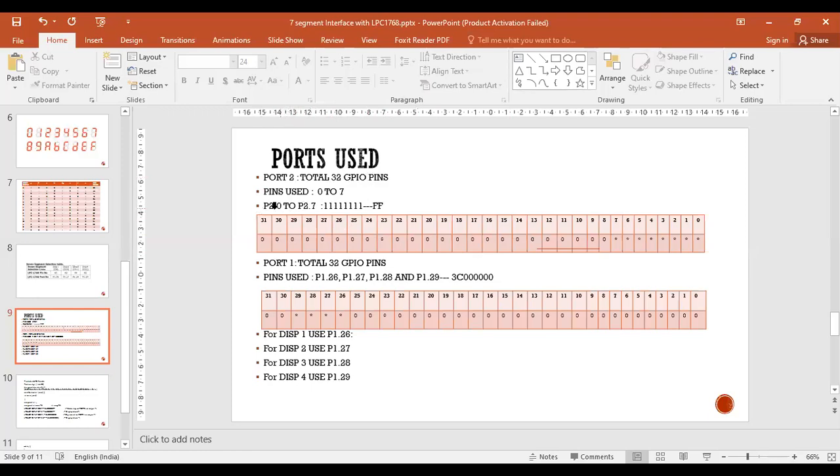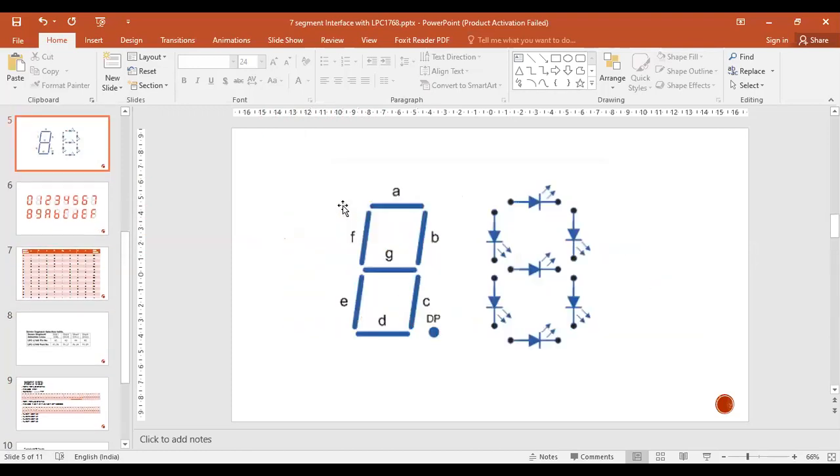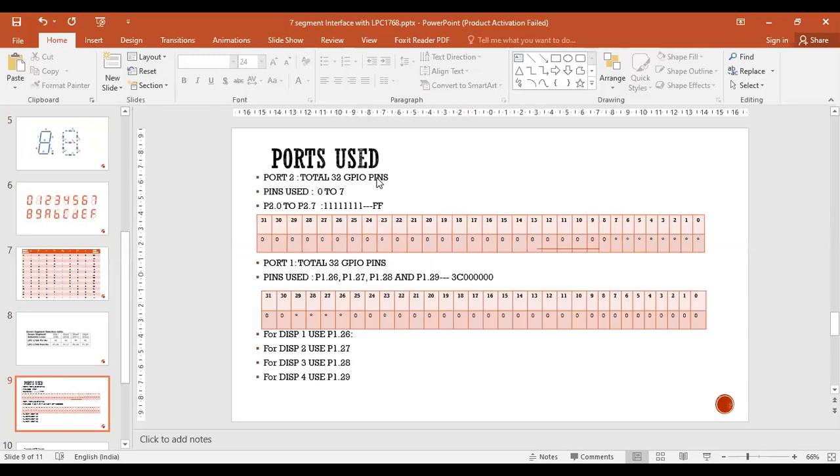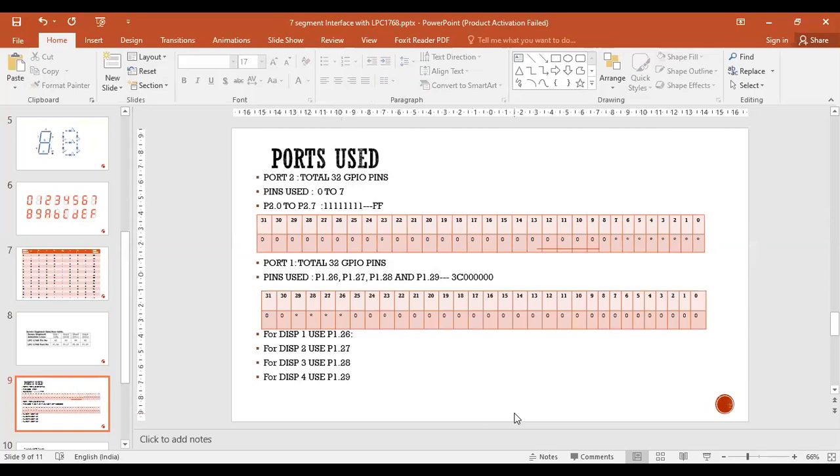I should send all F, all ones, because all the 7 segments should glow. So I am going to send a 1 here. I am going to use pin 0 to pin 7 of port 2, and send that information 11111111, that is the value FF.